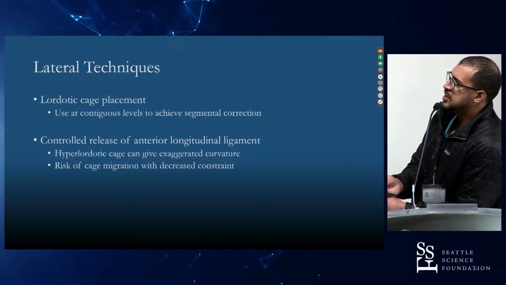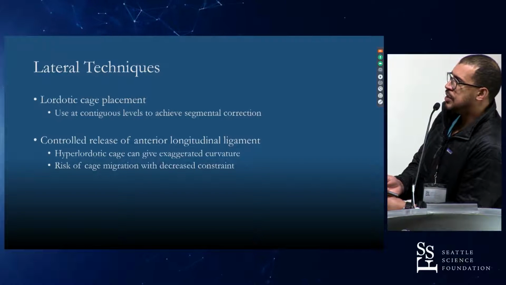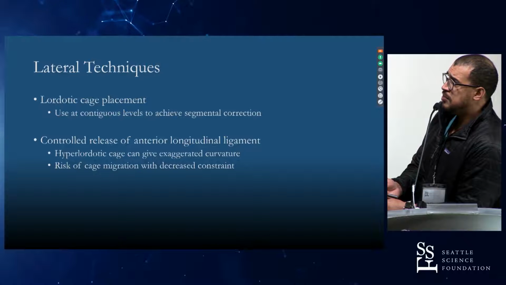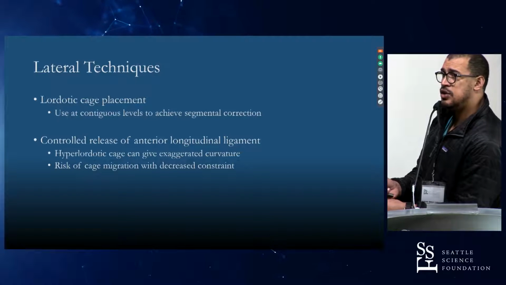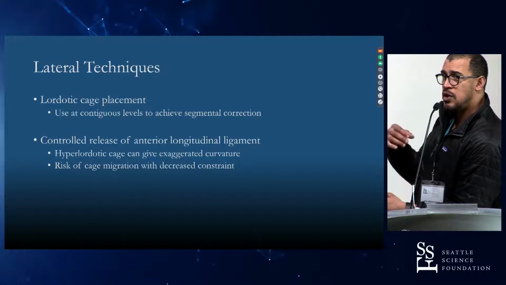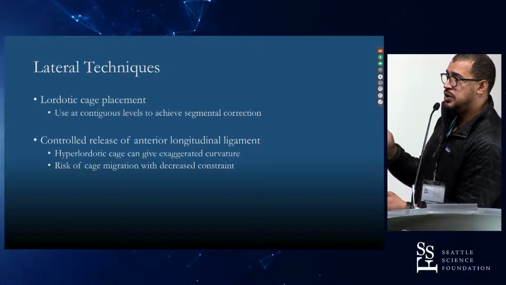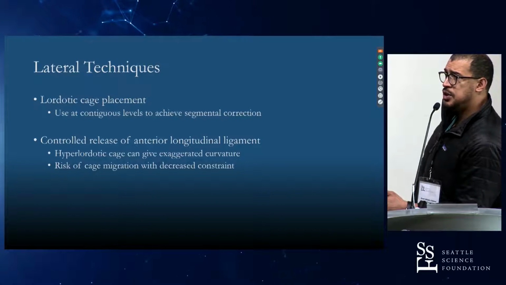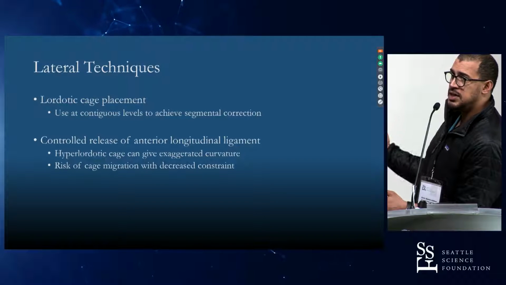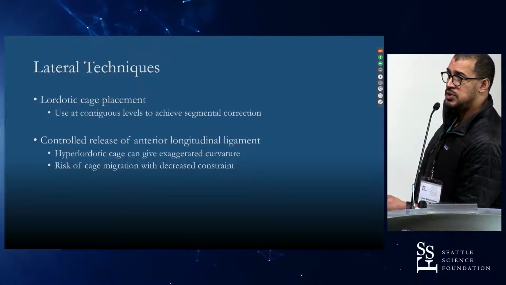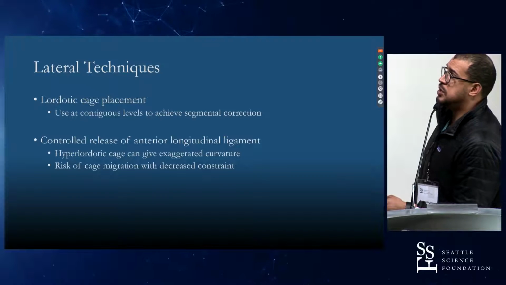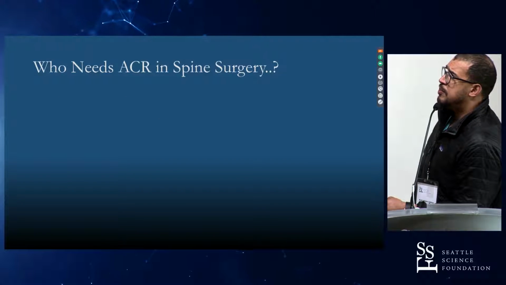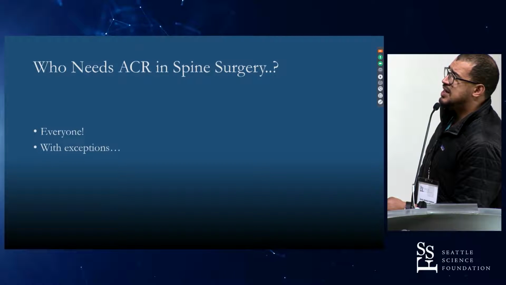Just talked about these with the pictures as well, but the hyperlordotic cage can give a very exaggerated curvature. If you crank it out all the way and you're doing 2 different levels, you can get up to 15 degrees, 2 levels, and you've basically got as much correction as a PSO from 2 levels doing an anterior longitudinal ligament release. And so when we talk about who needs an ACR,